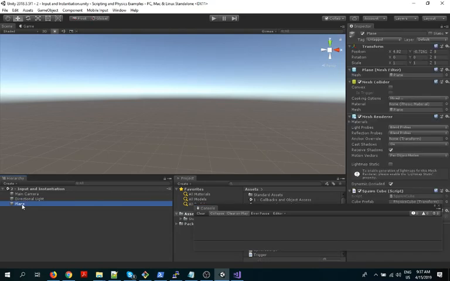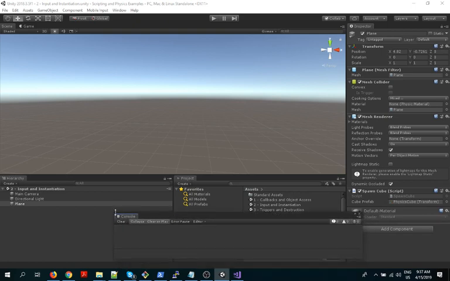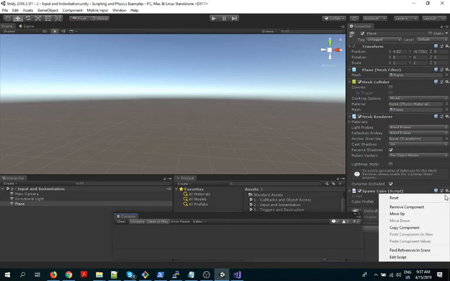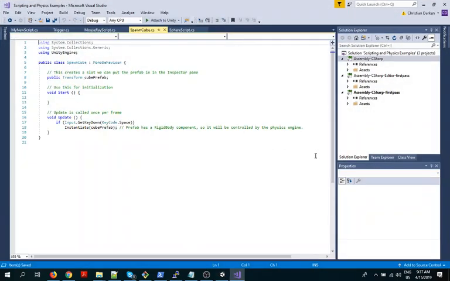All right, so one thing is there must be a script here somewhere, and where is it? Okay, it's actually on the plane. So you can see spawn cube script is a component of the plane. If I go over here and say edit script, it should pop this up, and you see, where's all the code? For such cool behavior, there should be a ton of code, right? Well, no.